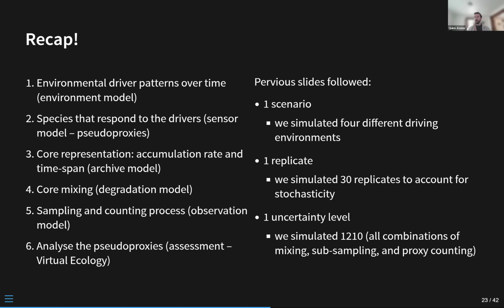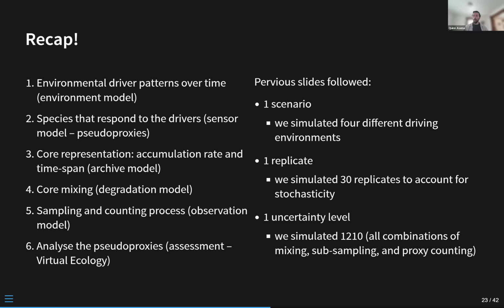We simulated 10 different counting resolutions, so 200 grains, 300 grains, 400 grains. And then we did all the combinations of those three. So you actually end up with a gradient of uncertainty, which is 1,210 different data sets when you account for all the possible combinations. So what we've looked at so far is a nice tangible visualization of the data,